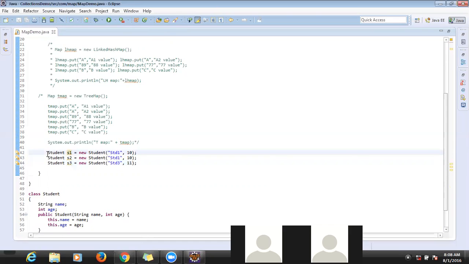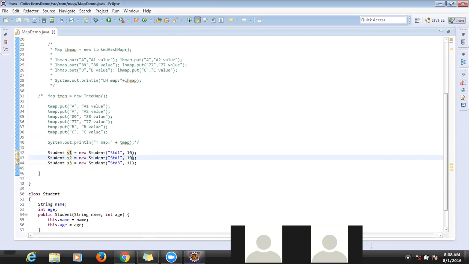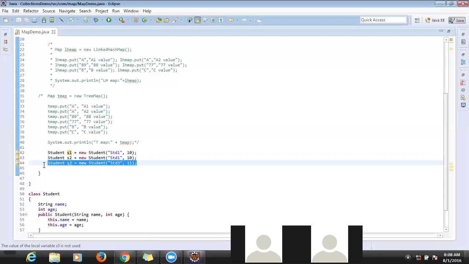So here we can see one similar thing: s1 and s2, student 1 and student 2, have the same values but different objects, right? Student 3 has different values and a different object.